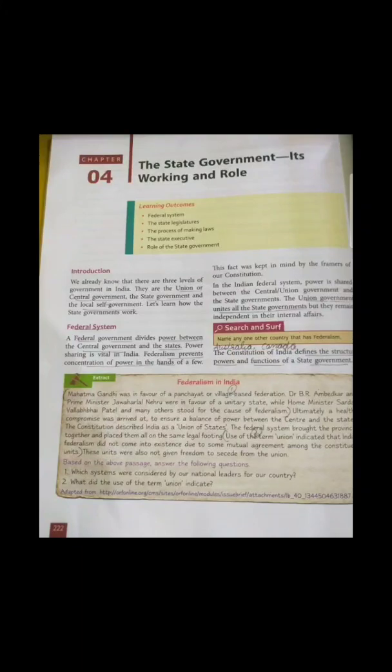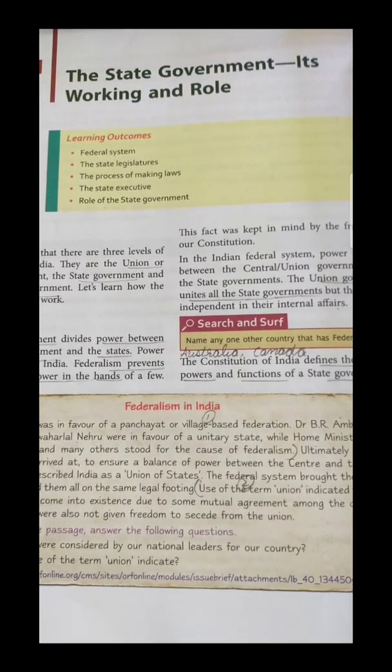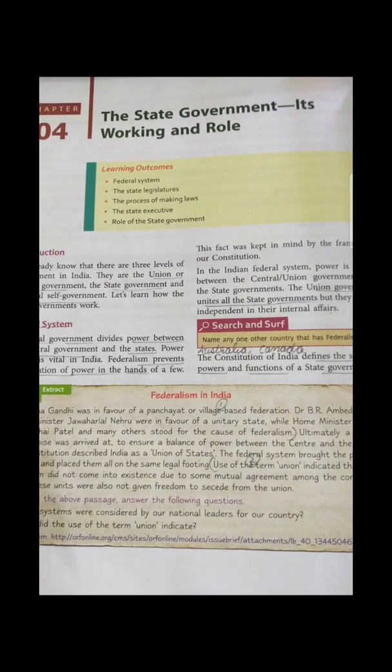So today we are here to start our next chapter, that is chapter 4, and that chapter is definitely related with the working and functioning which is being done by our state government. As India is following the federal type of government, it means the powers are divided between the state government and the central government. So today in this session we are going to understand the role of state government and what are the main works which are being done by the state government.